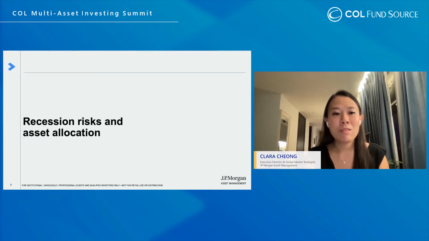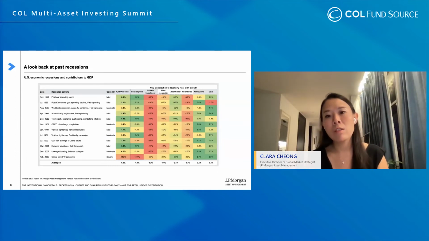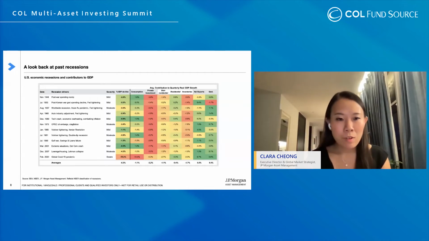So on the next page, instead of just hoping for the best and thinking that we can avoid a recession, I think what we should be focused on right now is to think about how a recession can actually look like if we do actually see one. On this slide, it's very busy, but the concept is very simple. Here, we looked back at past recessions as a guide, all the way back to the 1940s for the US. And you can see on the third column from the left-hand side that we rarely had very severe recessions in the US.